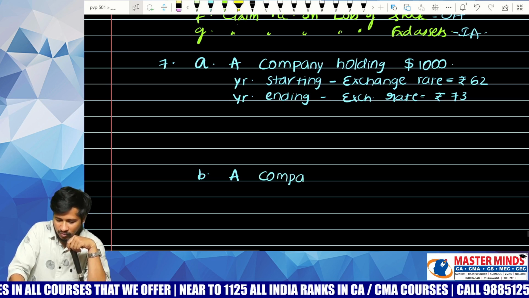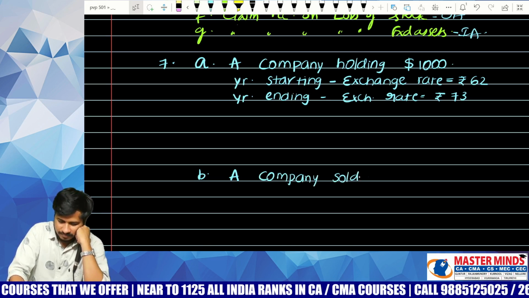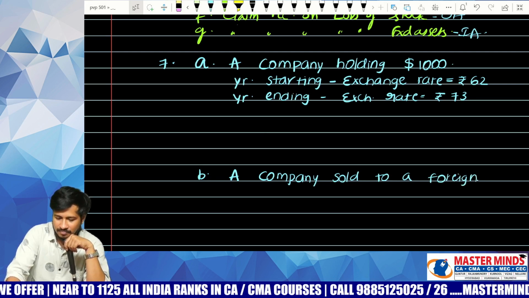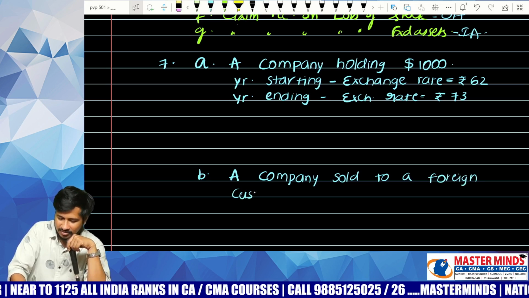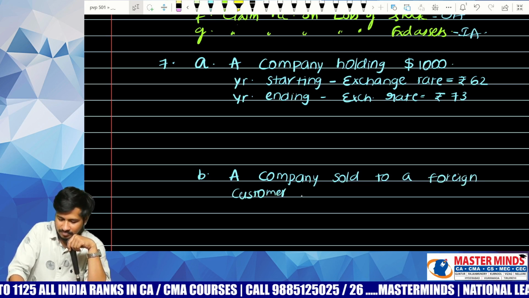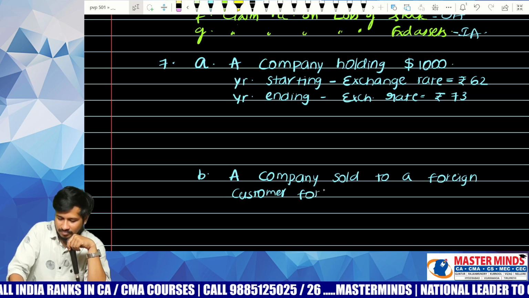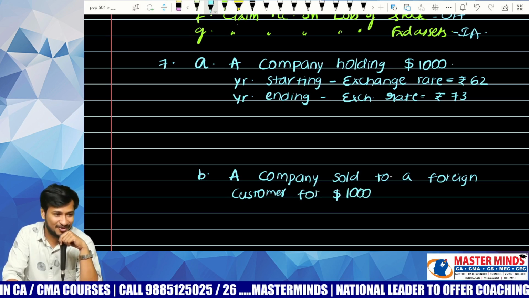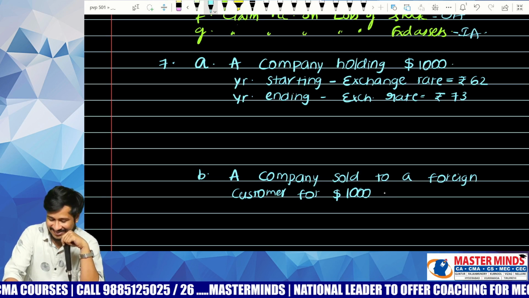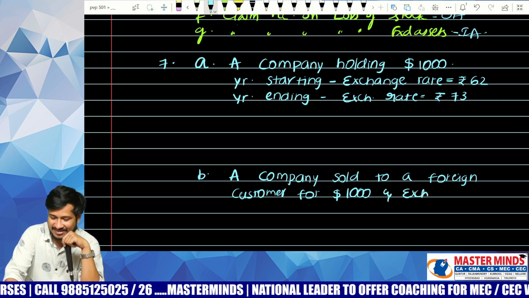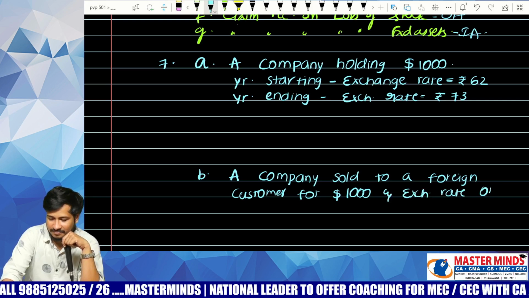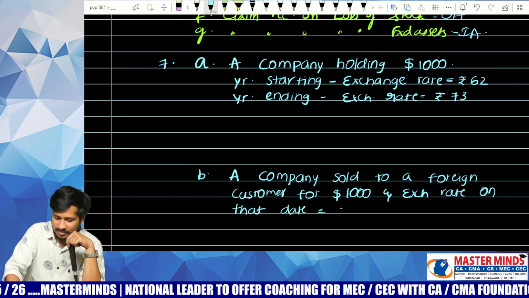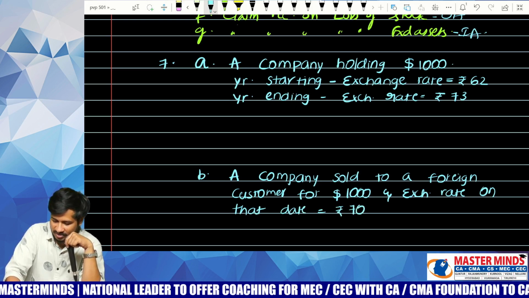A company sold to a foreign debtor. Foreign customer, not a debtor. For $1,000, and exchange rate on that date is equal to rupees 70,